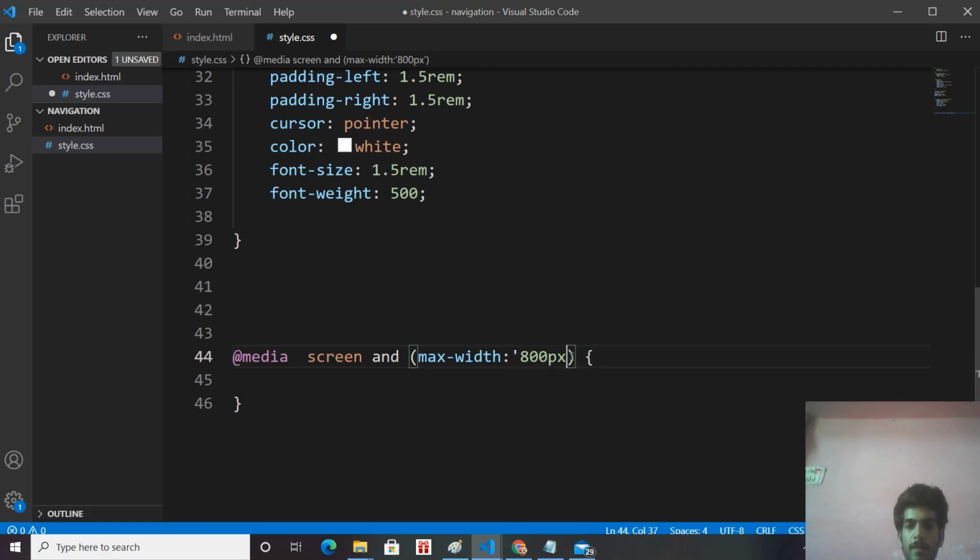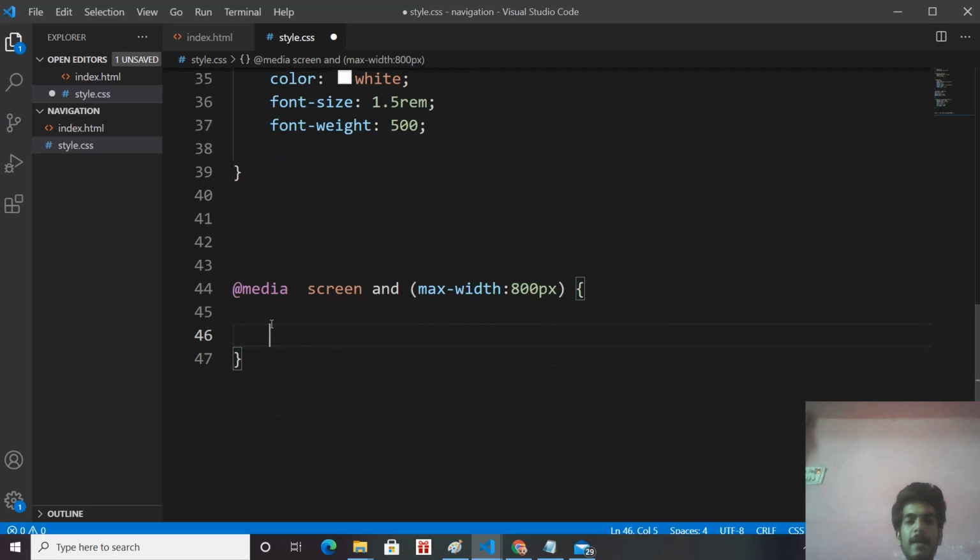There is no string in the value, and what we want here, when we decrease our screen below 800 pixel, that is max width 800 pixel, means whatever property we add here is going to affect when our screen is below 800 pixel. Okay, so these properties are going to execute till 800 pixel screen size. When you go after 800 pixels, these properties are not going to work, but below 800 pixel all the properties in this media query are going to work.